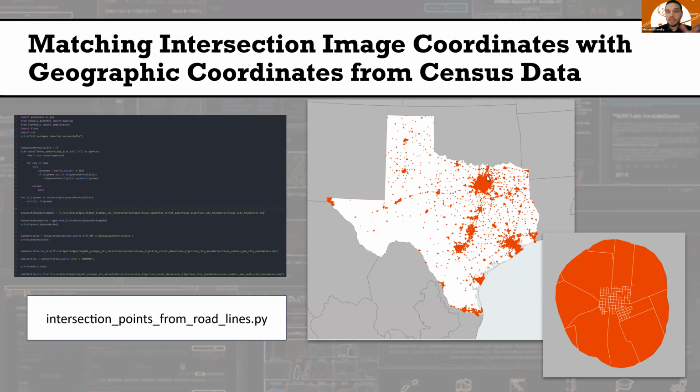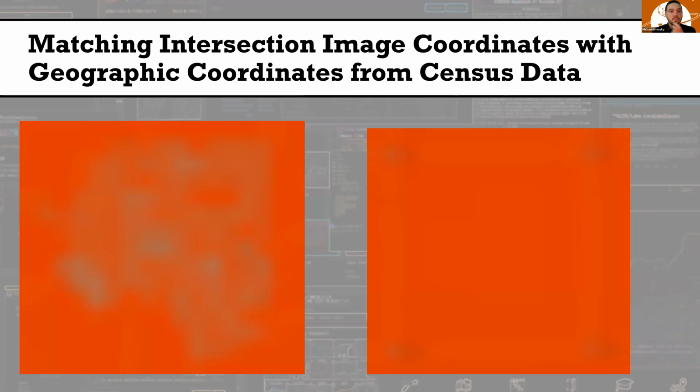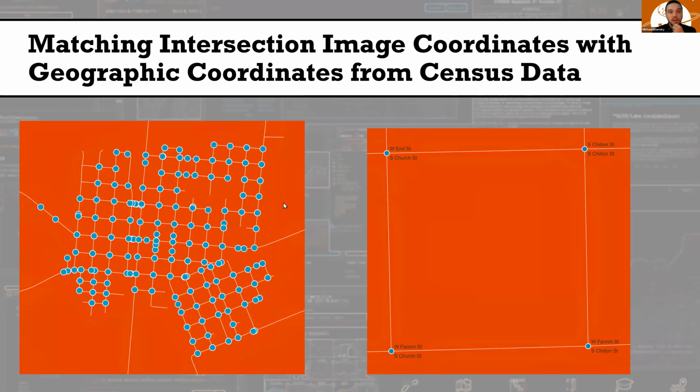And so what I did is I clipped the road network for the state of Texas that, again, was downloaded from the Census Tigerline site to only the city boundaries in the state of Texas. And you can see an example of that on the bottom right, a small town in Texas. And those are just the roads in that area, and everything outside of that city boundary. I did a little buffer around it to make sure I got everything that was important. Everything outside of that buffer around the city boundary was cut out. And then the next step was writing a separate script to calculate the intersections of each of those streets.